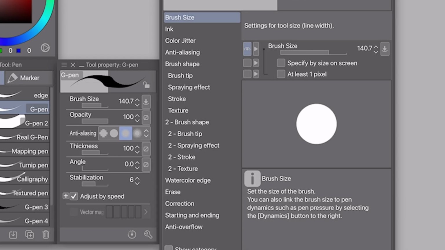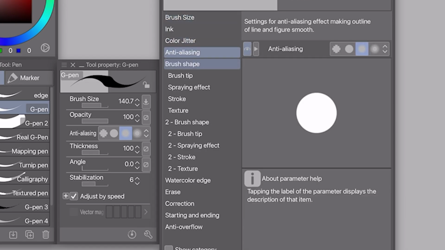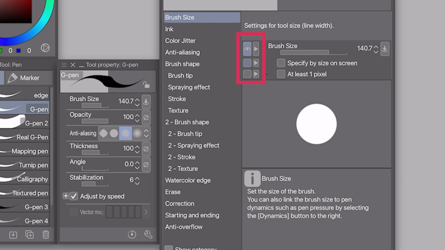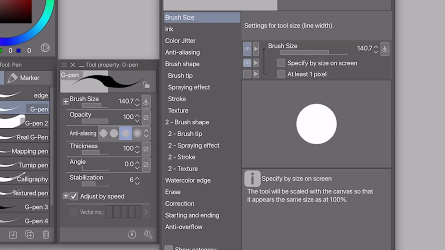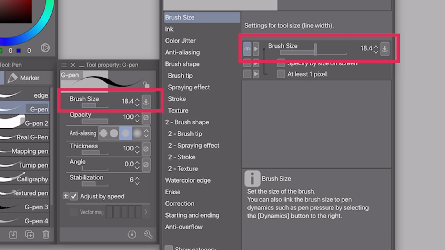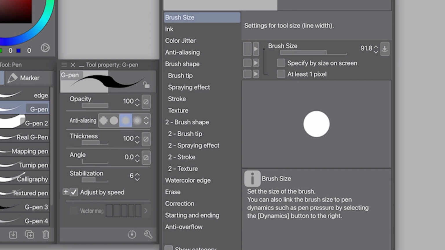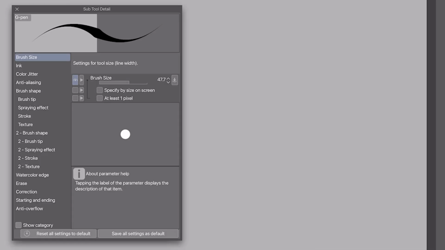Oh, one more thing before I get into it. You can see each of the settings will have a box on the left right here. If you tap on it, an eye icon will come on. If you think it's a setting that you would be adjusting a lot, turn on the eye icon so it appears in the tool property. Like brush size, we're always going to be changing the brush size, so this eye icon should be on, and it should be in tool property so we can adjust our brush size. If you don't want to do that though, you can turn that off. See, and it's gone.